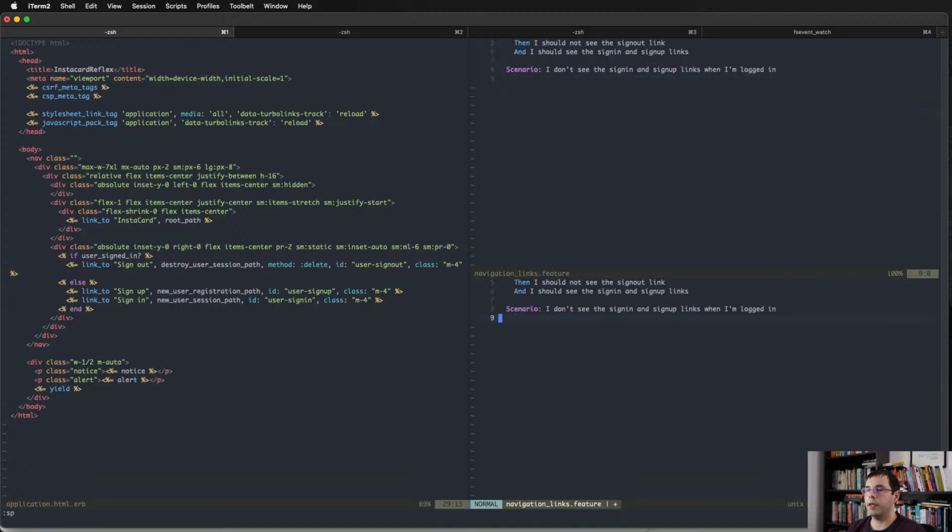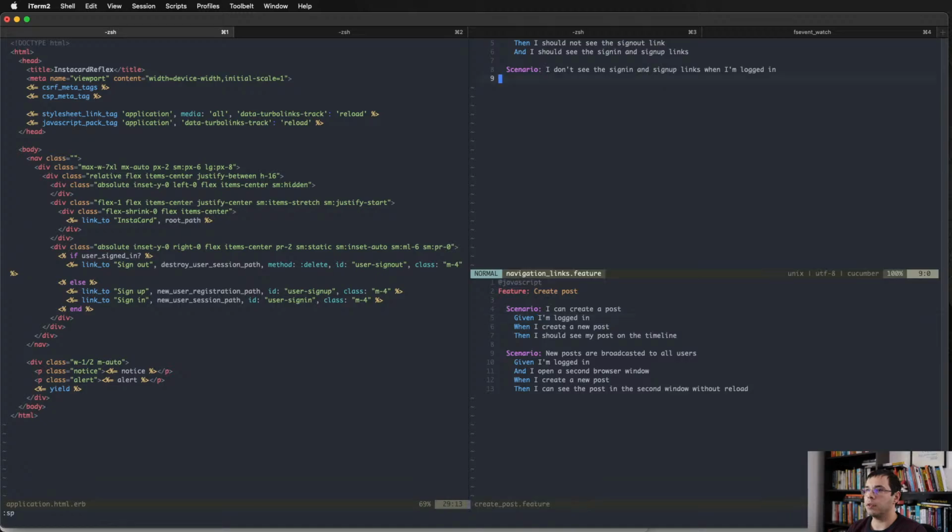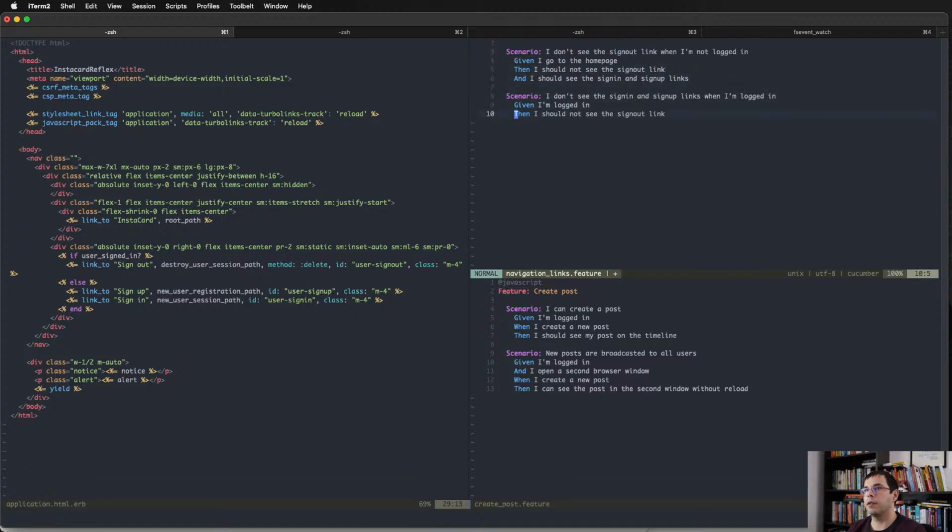Okay, and I want to see the wording of the previous tests that I have for logging in. Create post. So given I'm logged in, okay, that's what I want. Then I should not see the sign in link, and I should not see the sign up link. Okay, run that,